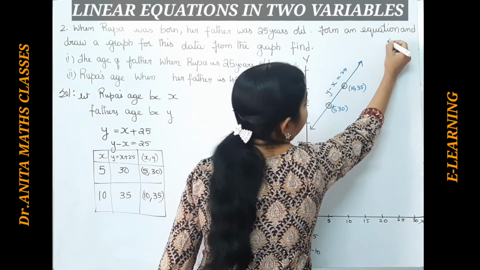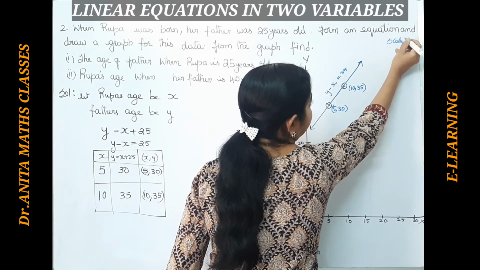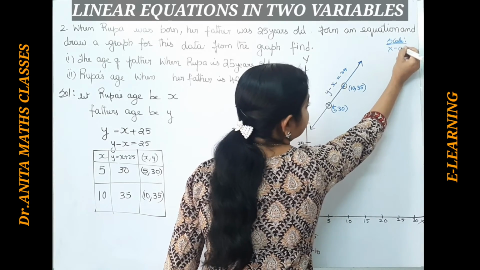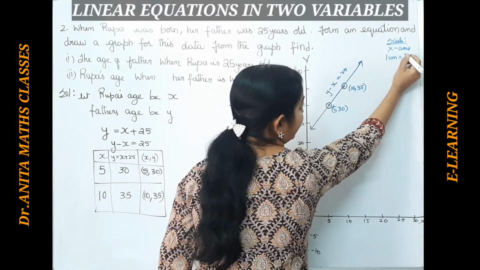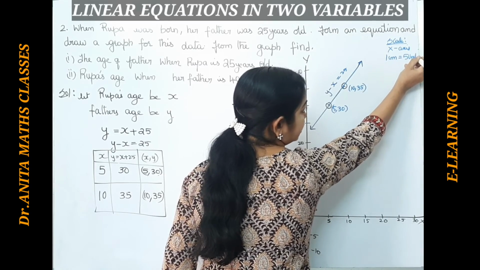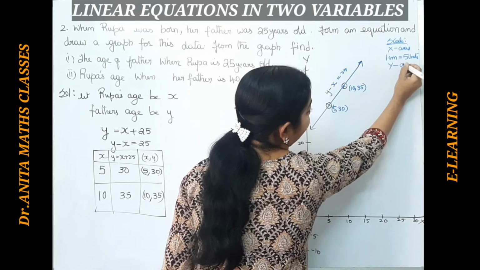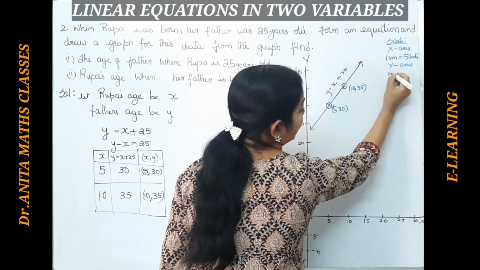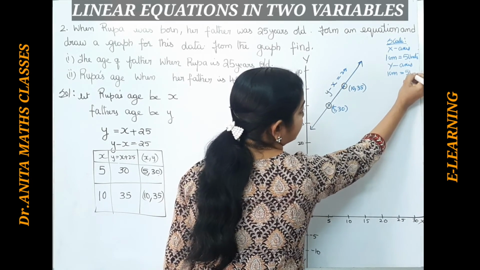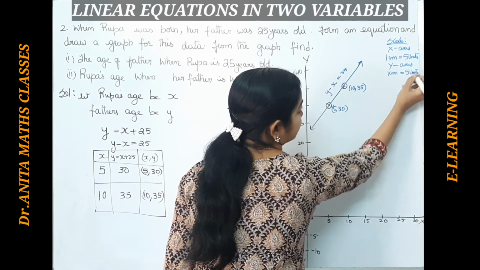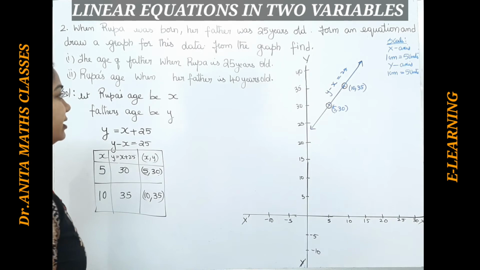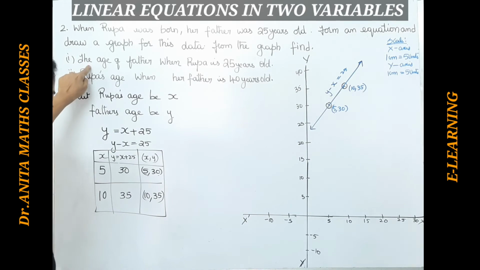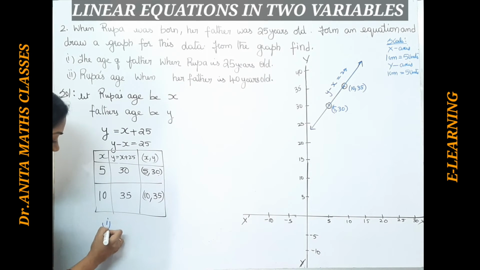Right. So we will also write the scale. We have to write it before only. On the x axis, I have taken 1 centimeter as 5 units. Similarly, on the y axis we have taken 1 centimeter as 5 units. Okay, so this is the scale. So the graph was plotted. Now next, the points here. First solution.